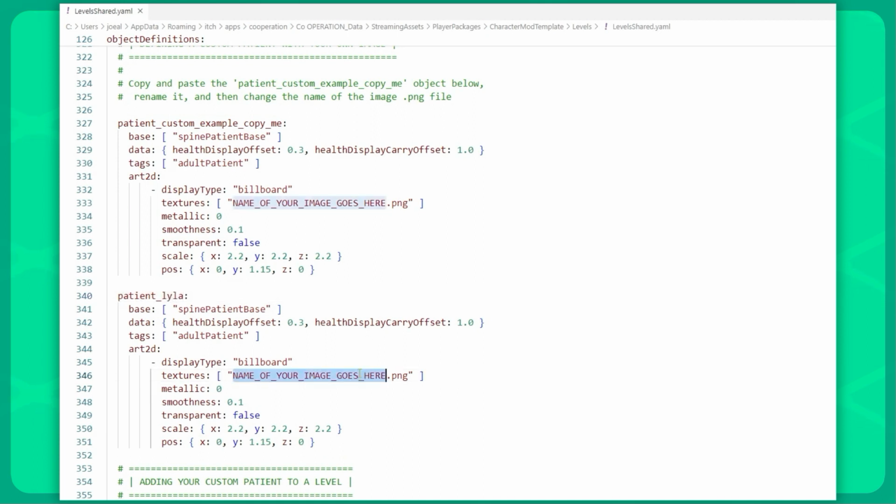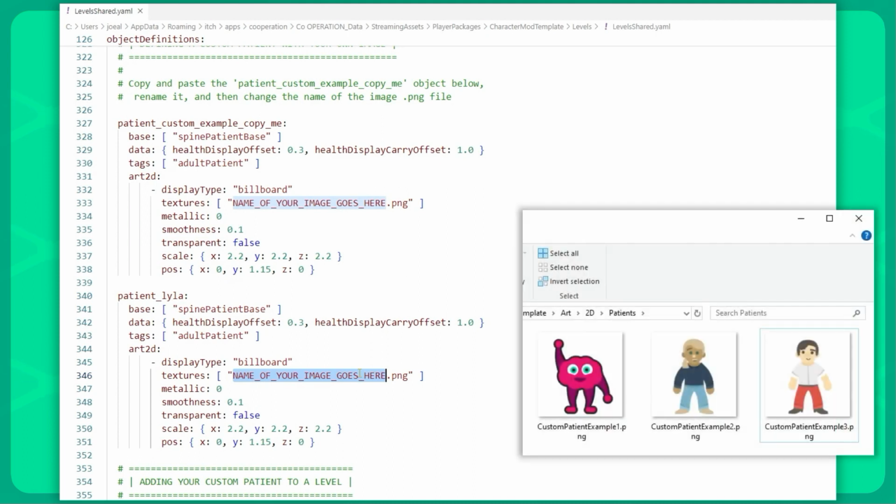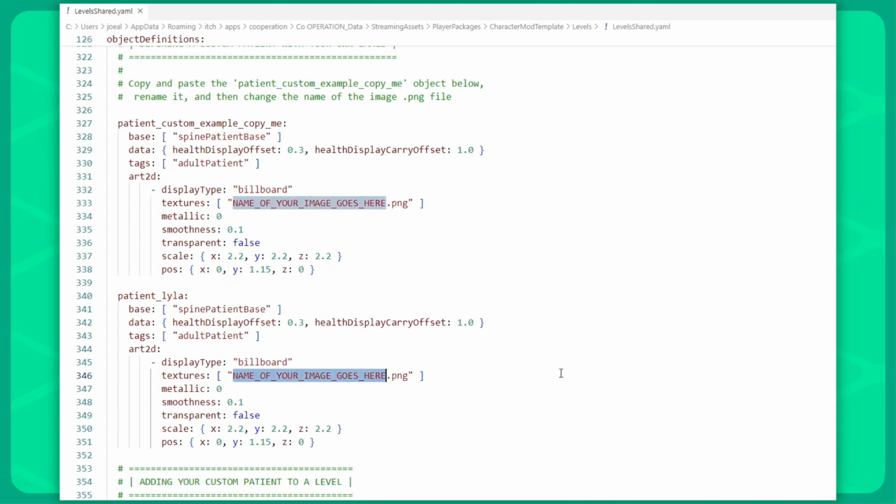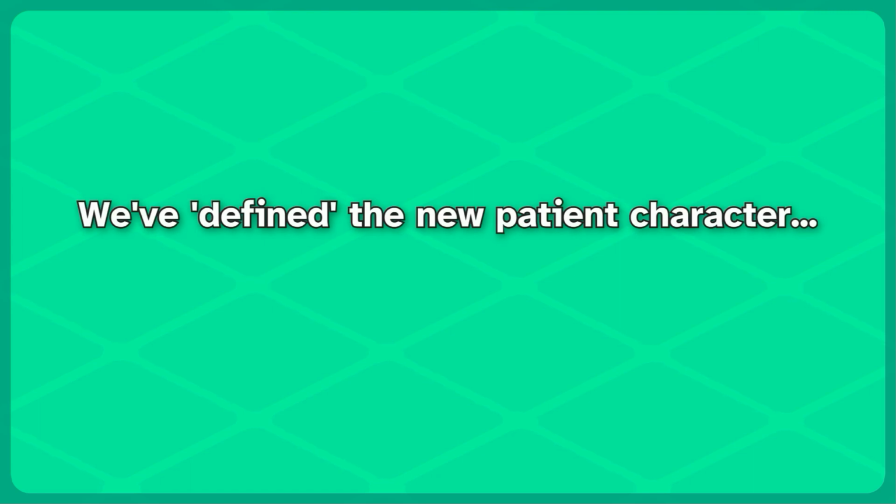Then we need to change the texture name here to be the name of whichever image you want to use. I'll use one of the example images I mentioned before, this one named Custom Patient Example 2. So for the texture name, I'll type Custom Patient Example2.png, and with that, the object definition is done. So we've now told the game that our new patient exists and what its name is and the image that